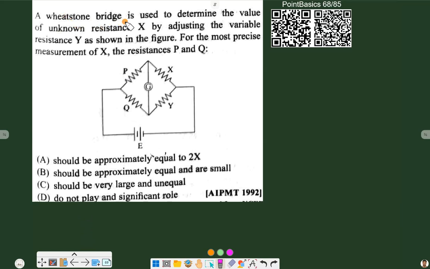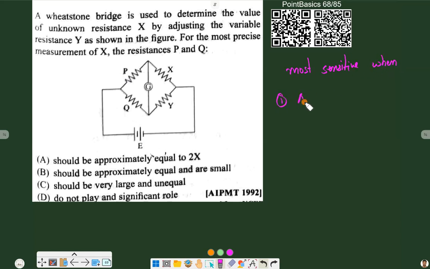A Wheatstone bridge is used to determine the value of unknown resistance X by adjusting a variable resistance Y as shown in the figure. For the most precise measurement of X, the resistances P and Q should be? So we know that a Wheatstone bridge is most sensitive when